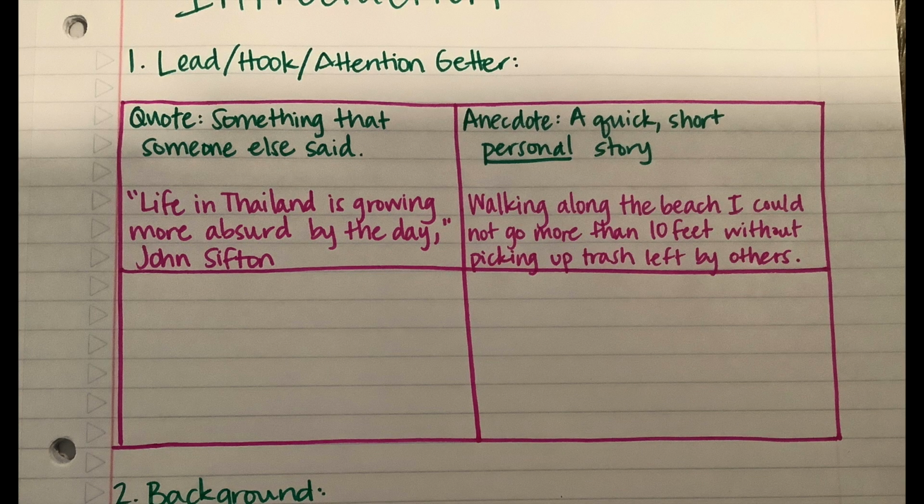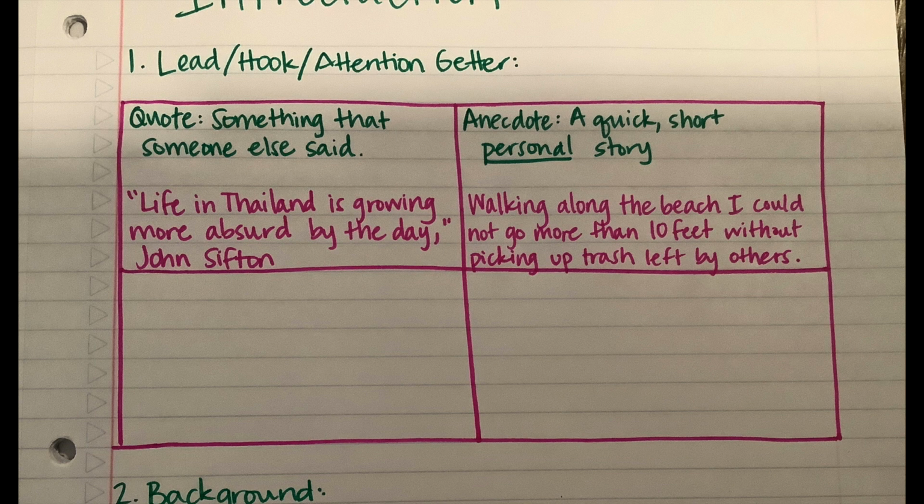Another way that you can begin an introduction is with an anecdote or a quick, short, personal story. An example of this is just one sentence that says something like, "Walking along the beach, I could not go more than 10 feet without picking up trash left by others." This obviously would work if I wanted to talk more about the pollution problem that we've talked